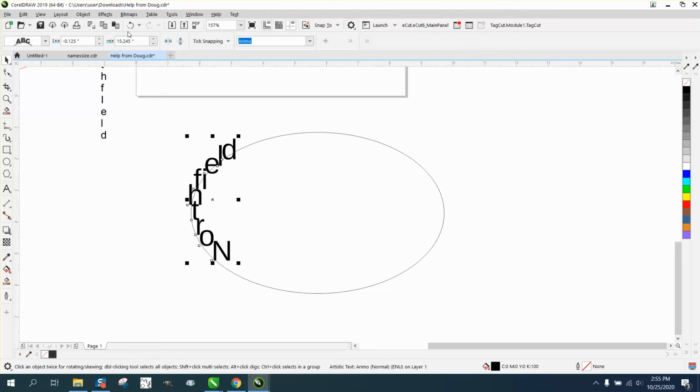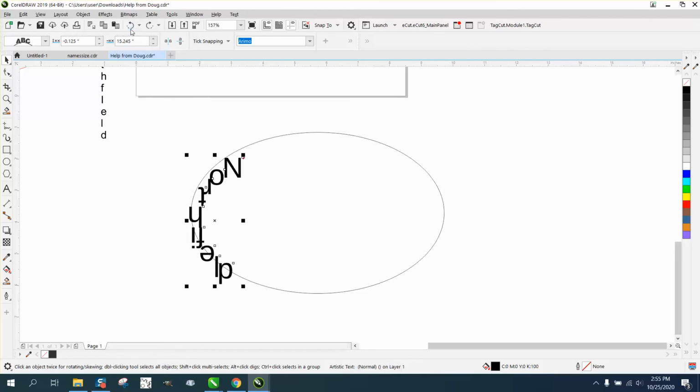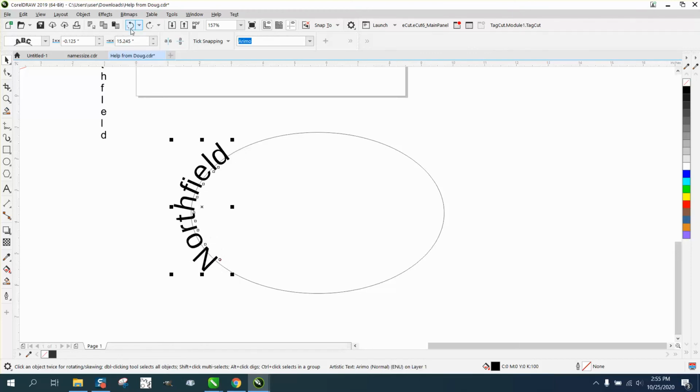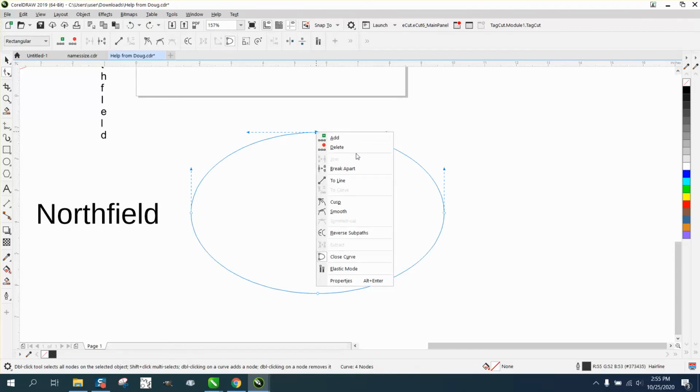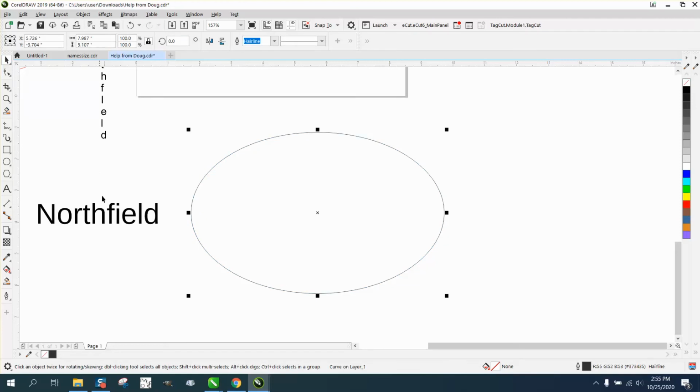Well, see, I messed up earlier, so if you ever have something like that, it just won't work, then you need to reverse this path. Just right click and reverse the path. This should be correct. But I guess since we want the N at top, which is not normal,